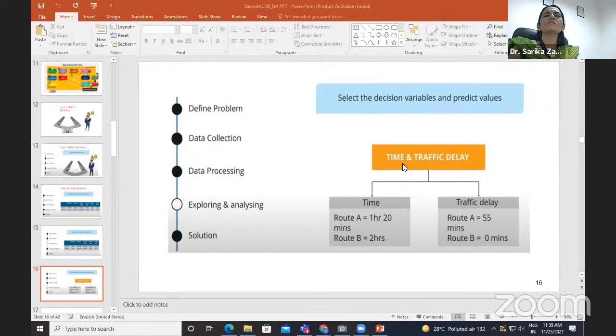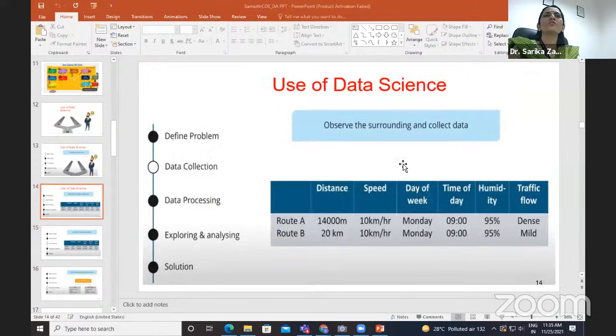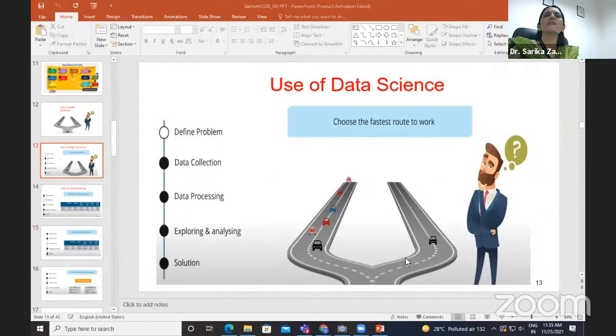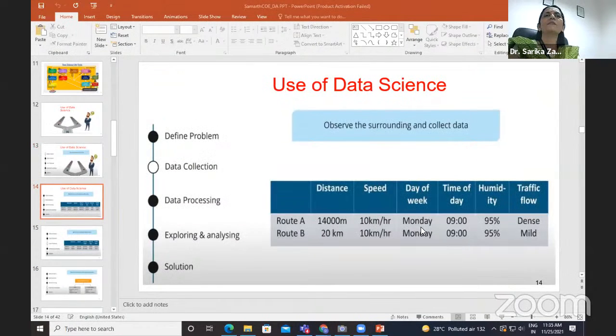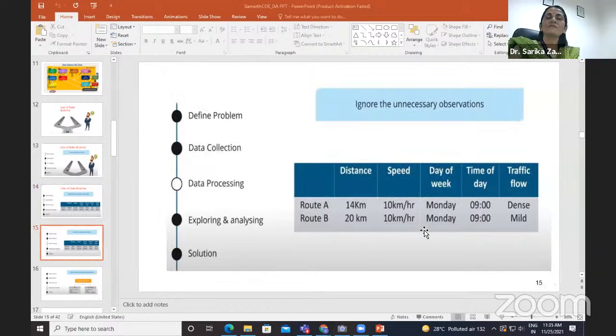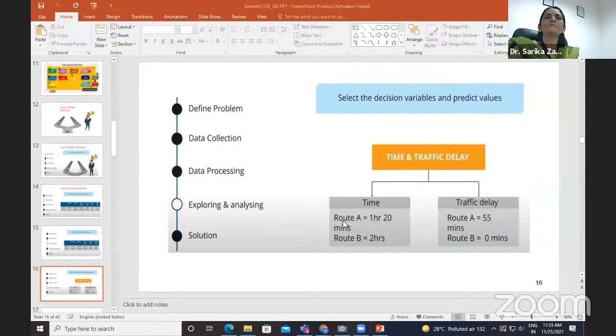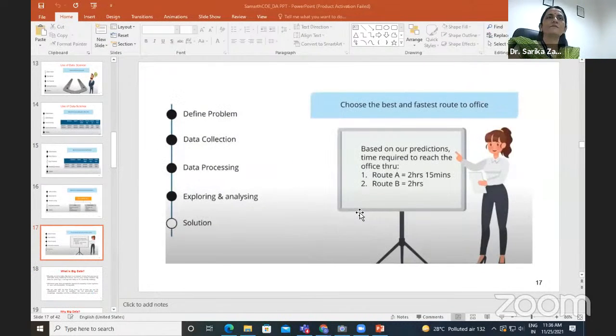So, this is a very simple example. This fellow wants to reach somewhere and he has 2 options. So, which parameter will we check? Whether today is Monday, is it a rush? Today is Saturday, is it a rush? Or what happened previous Saturday? Is there a vacation or holidays combined with Saturday, Sunday, something like this. These parameters you can think of and accordingly we will choose this route. Okay.